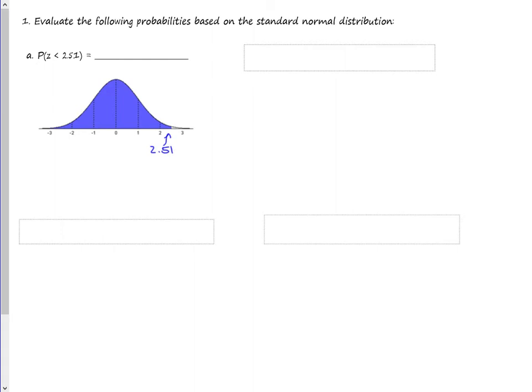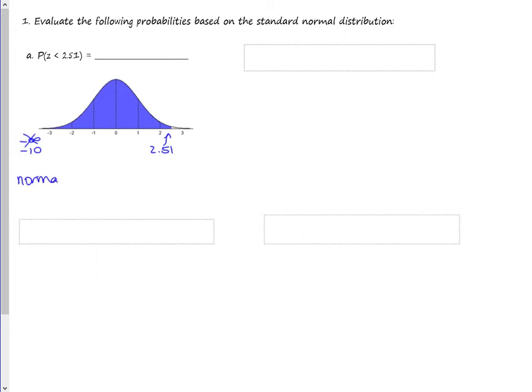And what I want to do is find the total area under this bell curve from negative infinity up to 2.51. Now, we can't use negative infinity on the calculator, so recall that you need to use something to represent negative infinity. Negative 10 is small enough in terms of z-scores, and so what we would do is